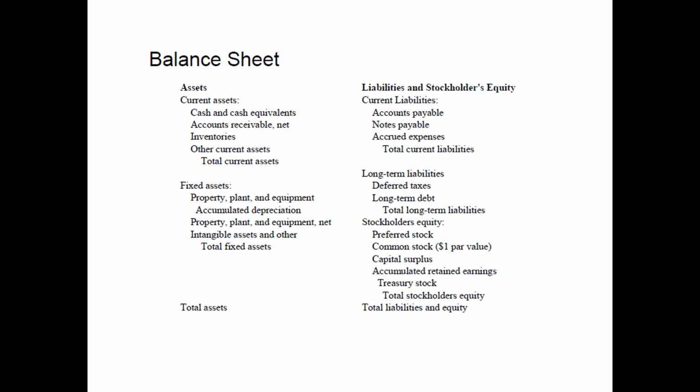It's a snapshot, if you will, of what the company owns, also called assets, and what the company owes, which are liabilities. And of course, if they own more than what they owe, what's left over belongs to the owners, the shareholders or stockholders. So the things that companies own are divided up between things that are short term in nature,